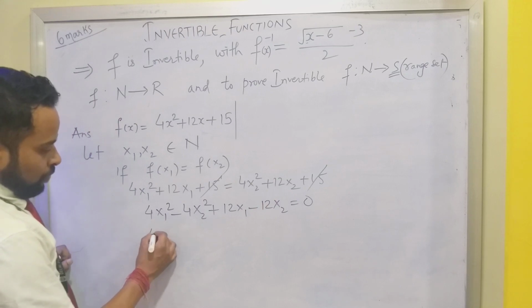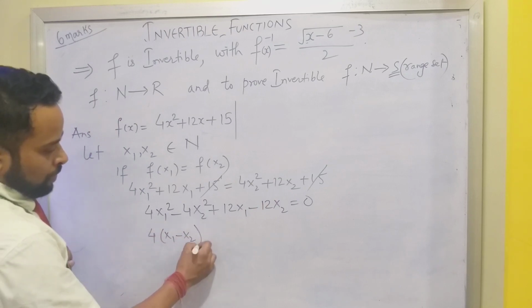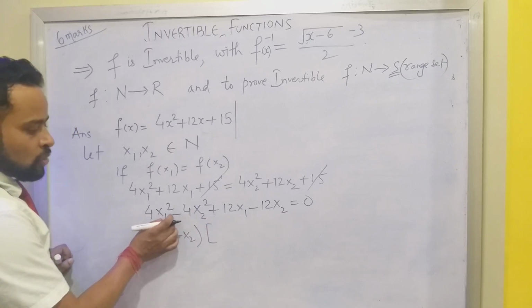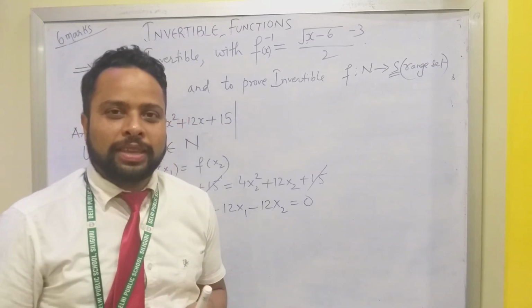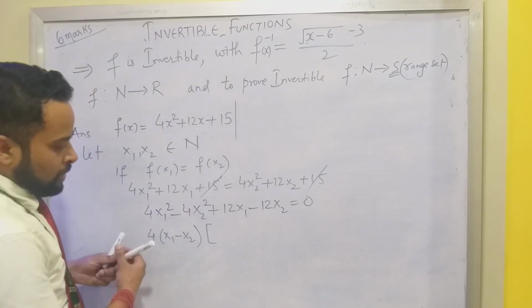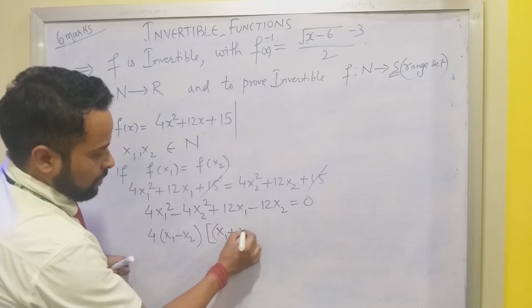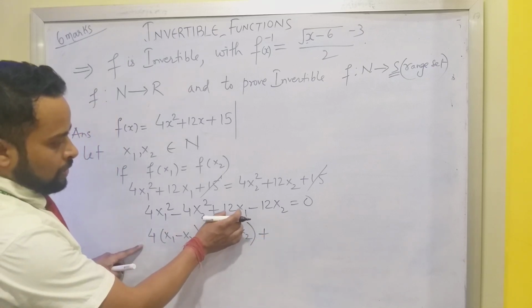If I take out 4 common, this is a square minus b square. What is a square minus b square? It is a plus b and a minus b. So a minus b is outside, a plus b I have kept inside. Plus 4 is taken out common, 4 3s are 12